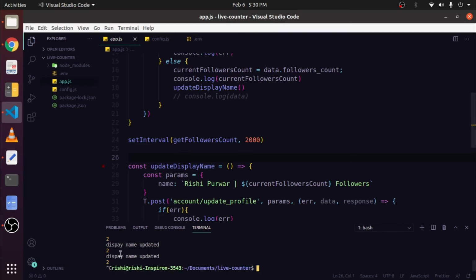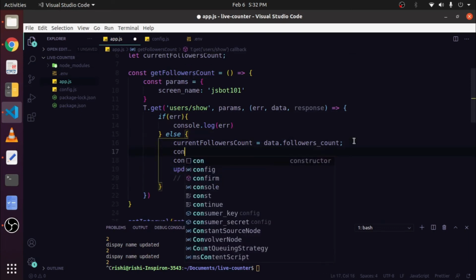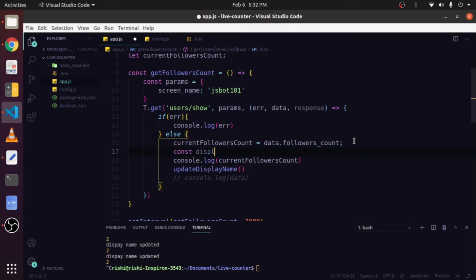Now as you can see, it updates a display name after every 2 seconds. But what I want is, I want to update the display name only when our follower counts change. I don't want to update display name when our follower counts does not change. So to implement this functionality, go to your getFollowerCount function and inside this else block, we have to save our display name